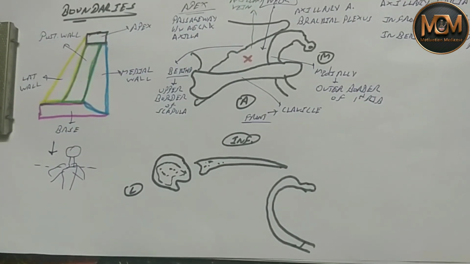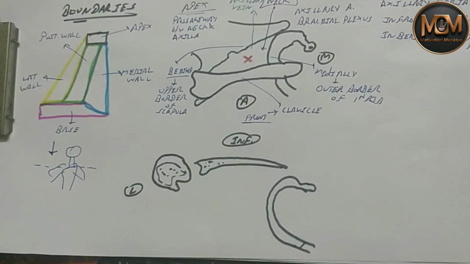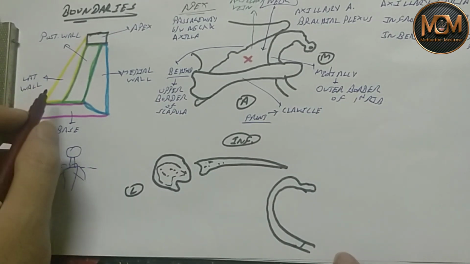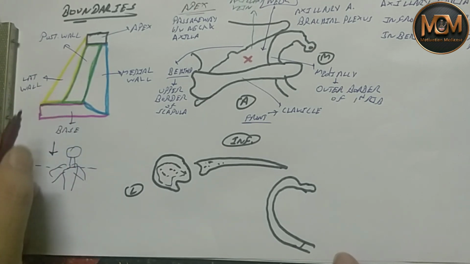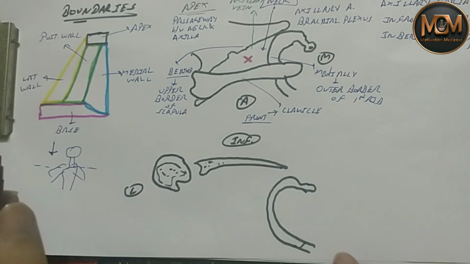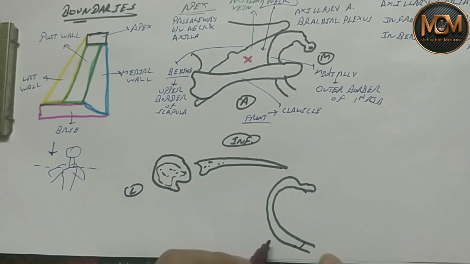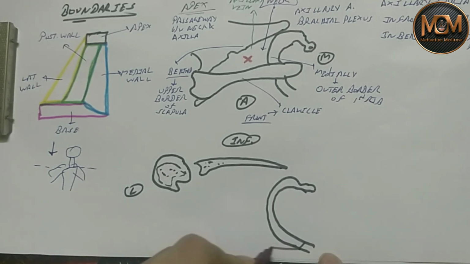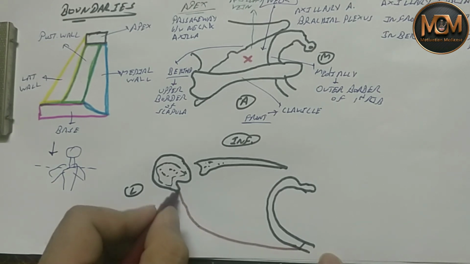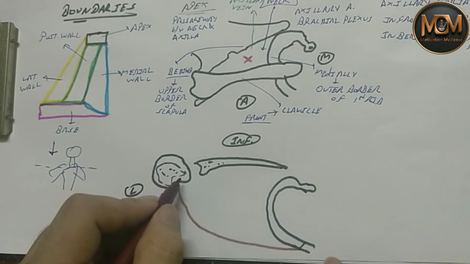So you can see now, through this simple diagram we will understand all the boundaries of the axilla. Basically there is one muscle present. So we are seeing the anterior wall. First of all we'll see the anterior wall. In the anterior wall there is a muscle present. See, this is the bicipital groove of the humerus, and from the bicipital groove